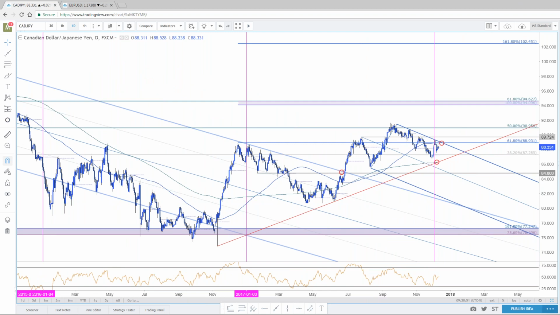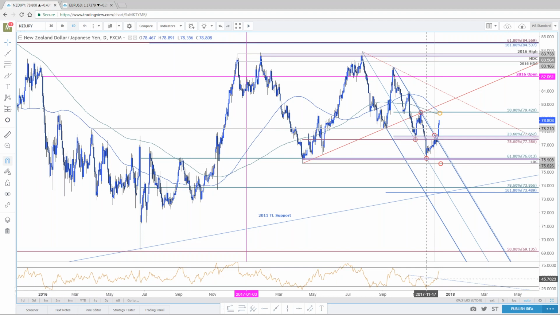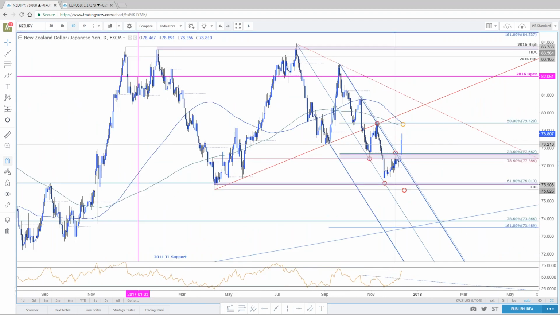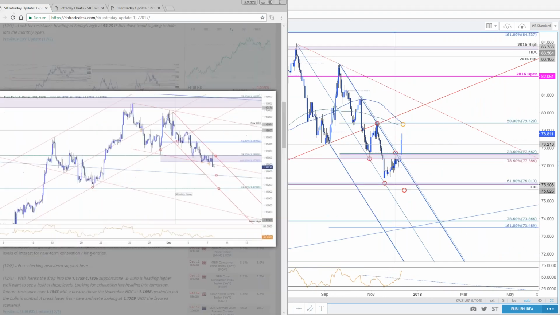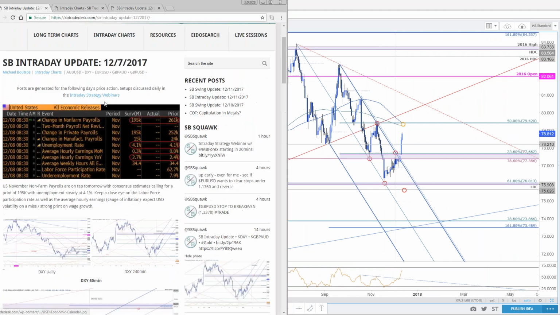And last but not least, Kiwi Yen here for Eman. This will be number 13 on the session. Here's what Kiwi Yen looks like. And if I recall, we have been following this one, right? So this thing broke basic resistance, and it's bullish all day long. The basic focus on this one